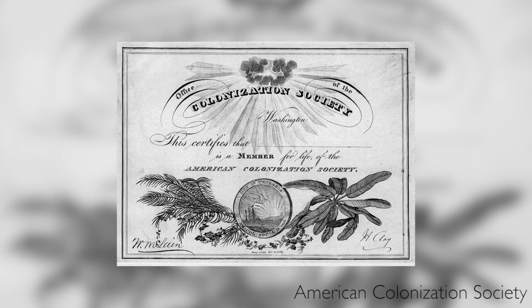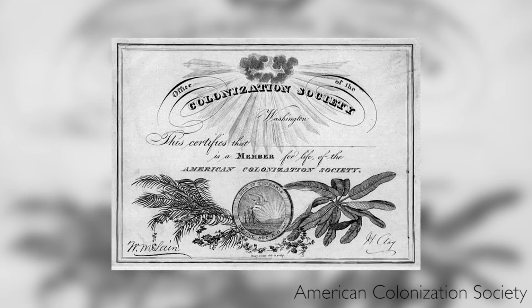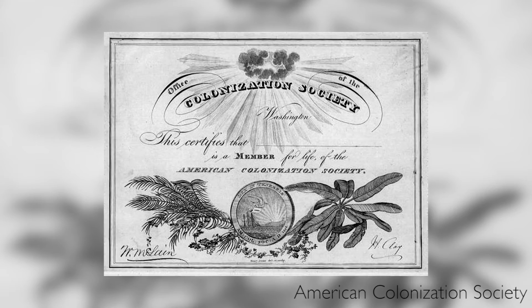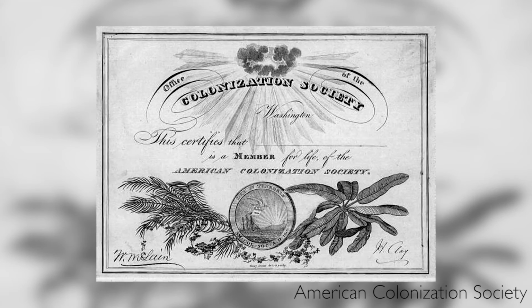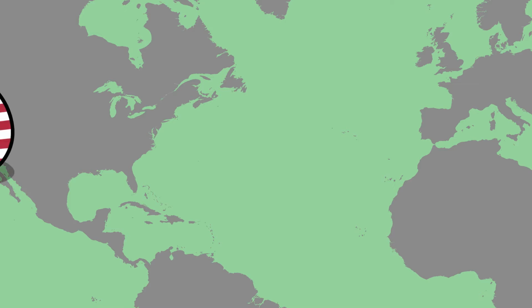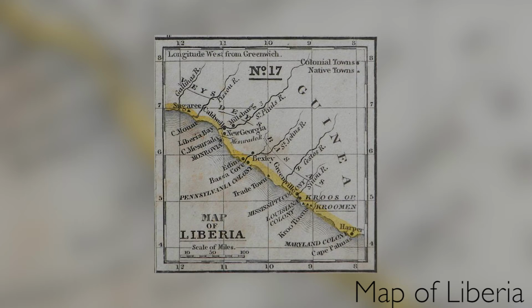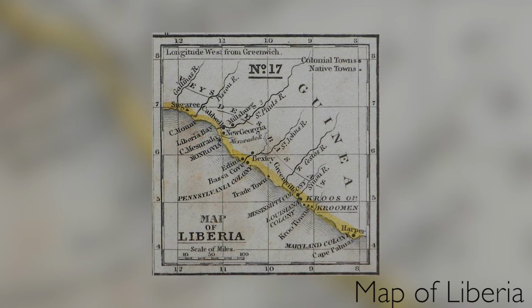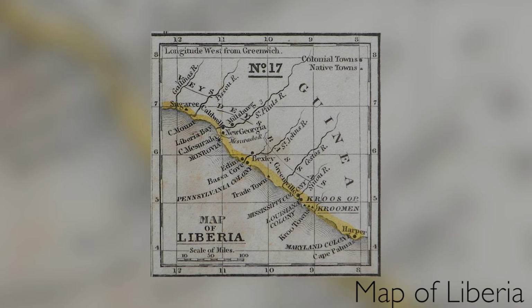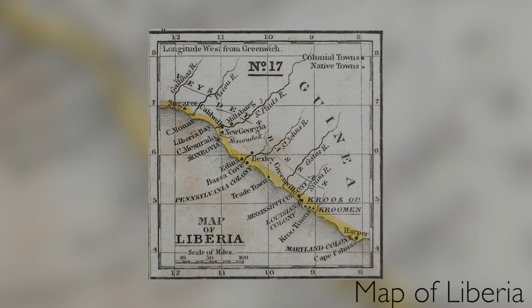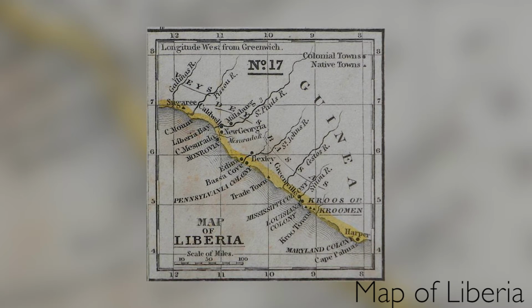The origins of the Republic of Maryland are closely entwined with the origins of Liberia. In 1816, the American Colonization Society, a state-sponsored group, was established with the mission of sending freed slaves from the United States to Africa. Starting in the early 1820s, this process began with freed slaves beginning to settle on the area of land that corresponds to modern-day Liberia. Initially, a number of individual state-sponsored colonies were set up on this coastline, named after states in the USA. For example, Mississippi in Africa, Kentucky in Africa, and of course, Maryland in Africa.